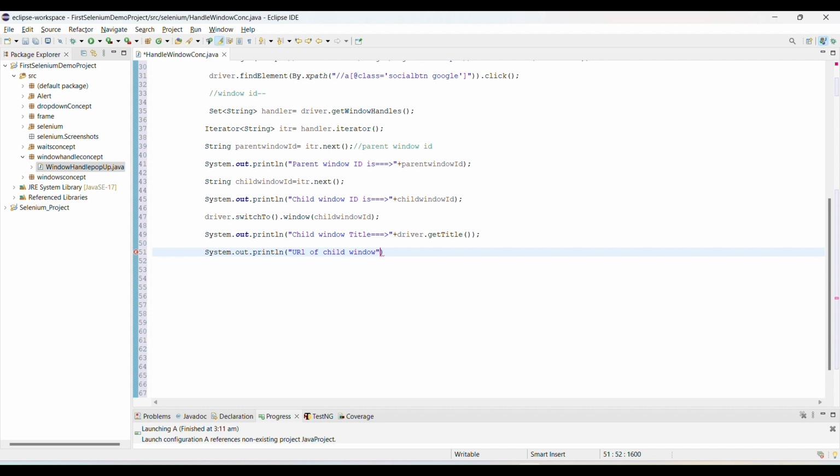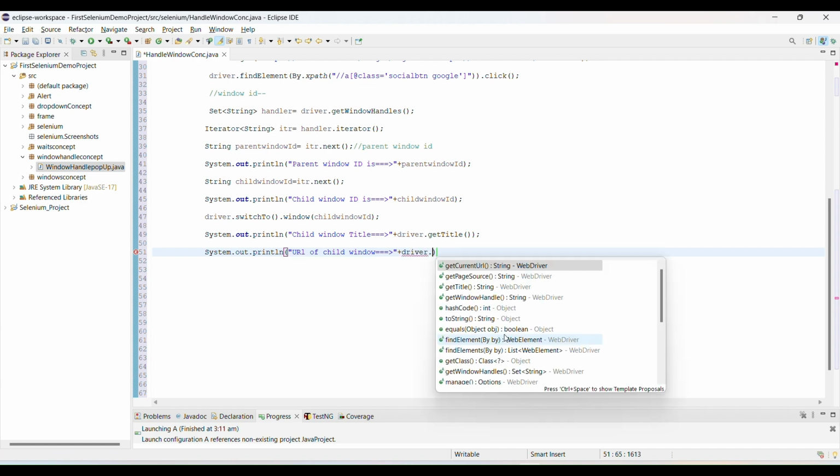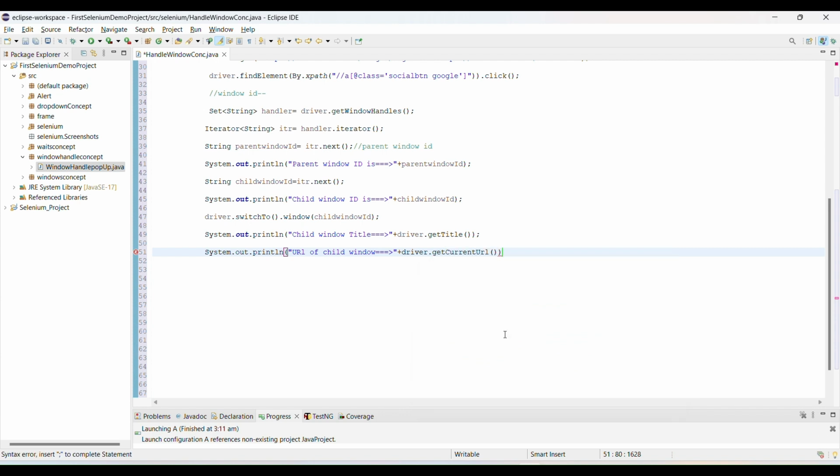How are we going to access the URL? Simple, like this, then plus using driver dot getCurrentUrl. So we will get the current URL. Right now my cursor is in the child window, so we will get the child window URL, right?